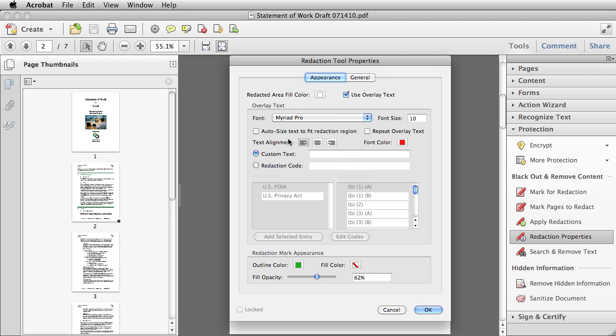You can play around with whether you want to auto-size the text to fit the redaction region. If you want the text to repeat over and over, if you have specified a specific size, you can change the font color and you can change the alignment. Then, if I want to put in custom text, let's say I want to say something like confidential, I can